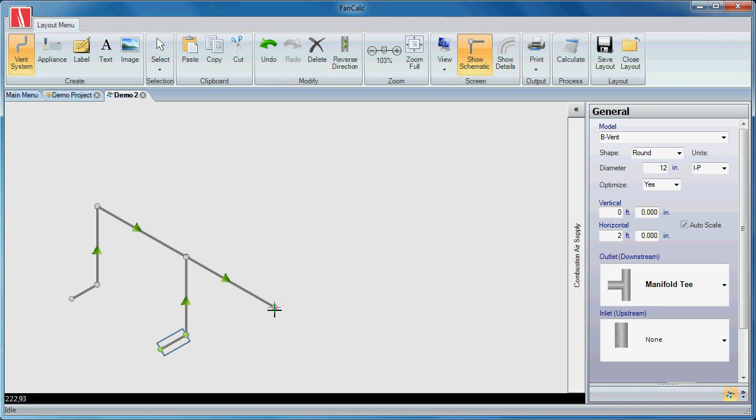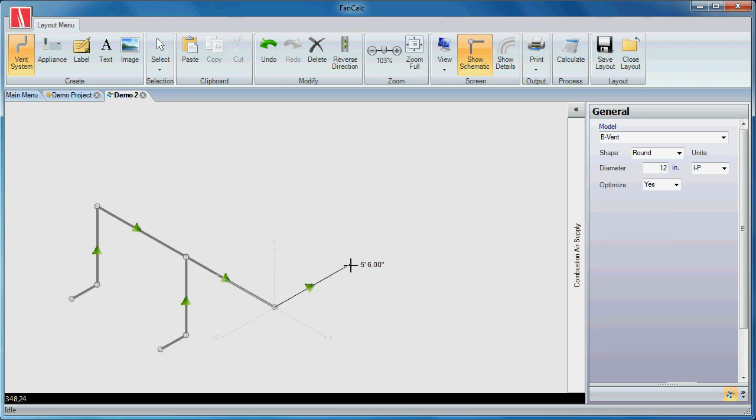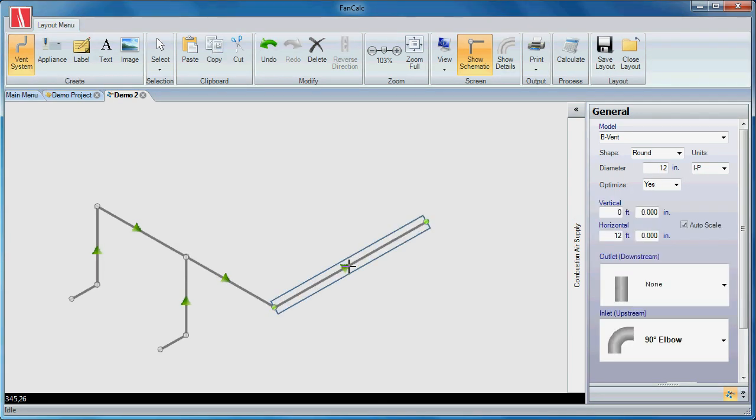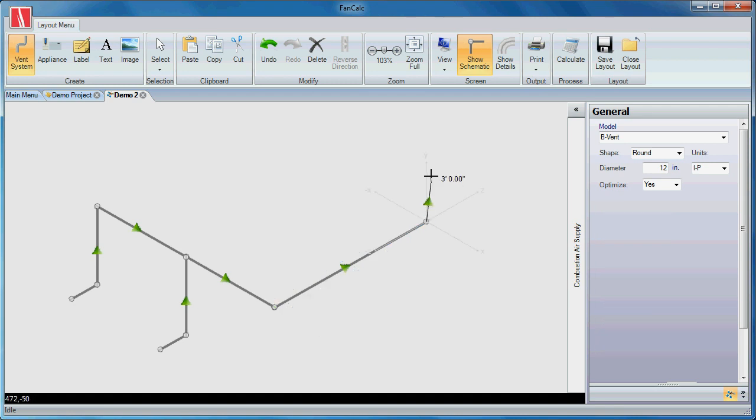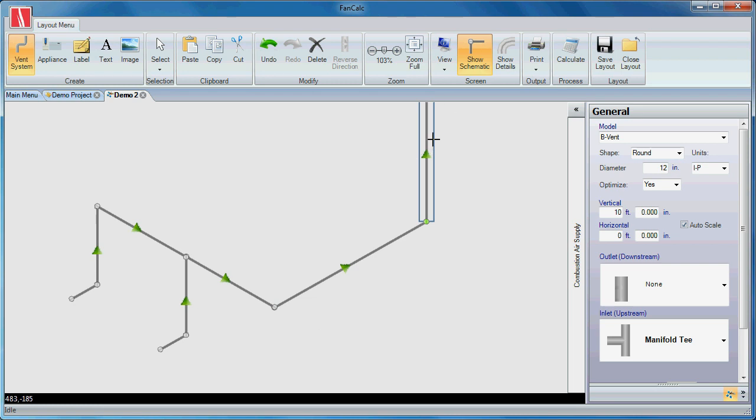So I'm going to go ahead and start a new section here, and then go in this direction, and I'm going to go 12 feet. So I'll type in 12 feet, hit enter, and then from here I'm going to go up 10 feet. So 10 apostrophe and enter. As you can see, the section now goes out of the